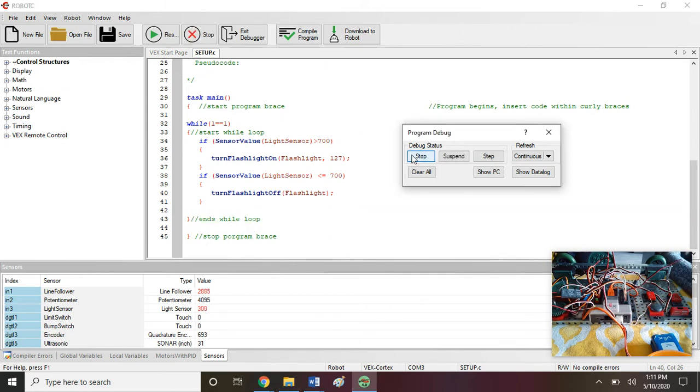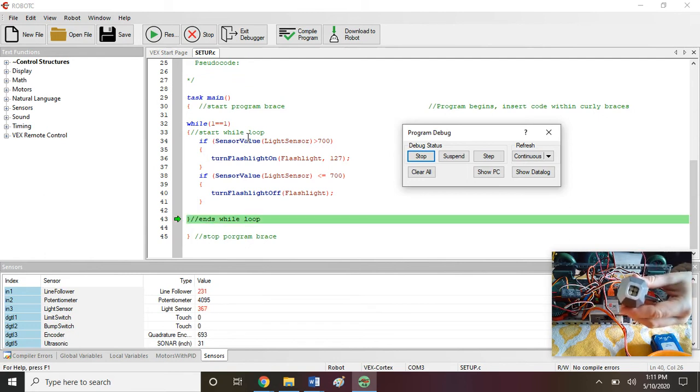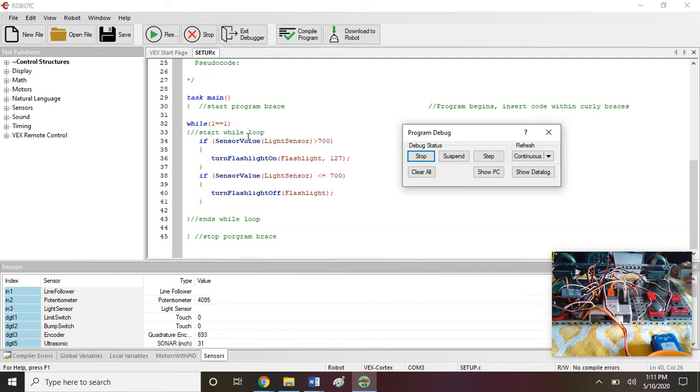So we're gonna hit start. I want you guys to know, look how right here it just keeps flashing at that last brace of my while loop. Well, that's because it's going through that. It's checking my sensor values. Let's check out, look, it's not on, is it, guys? My flashlight is not on because right now the value of my light sensor, let's look down here, look how my light sensor is